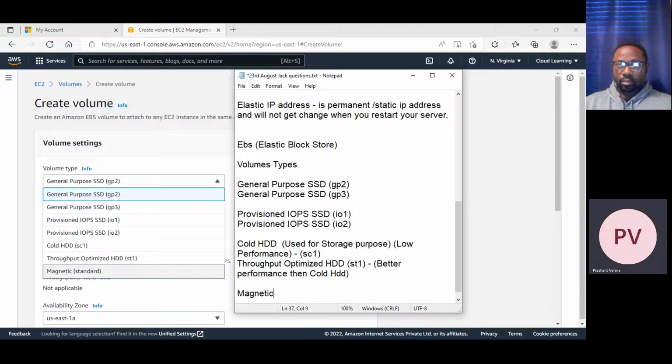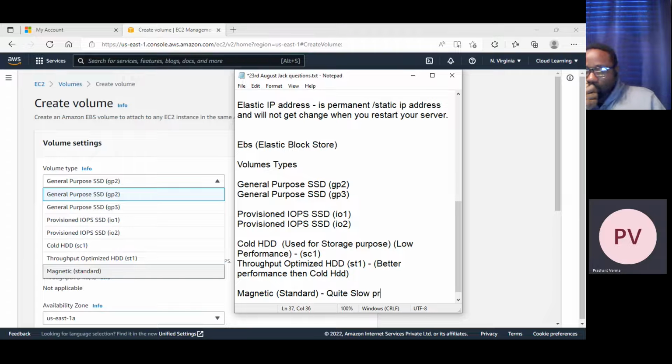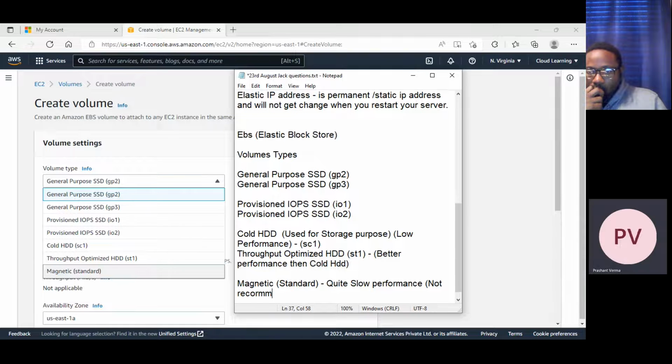And this is magnetic, standard, and again it is very slow performance, quite slow, not recommended.